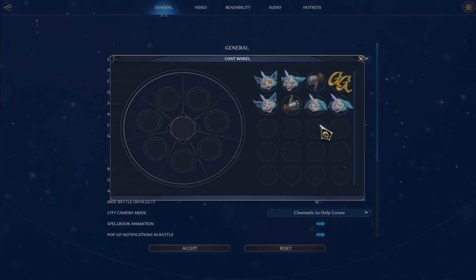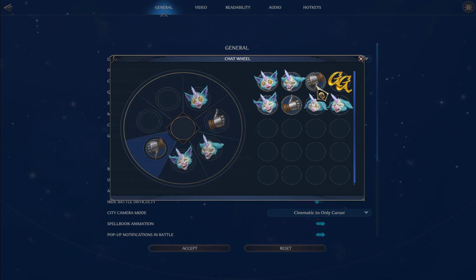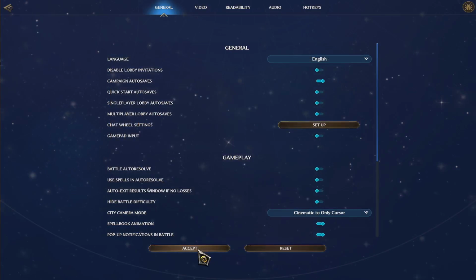Click on the Setup button, and now you will see the various different chat items that you can equip onto your wheel. Just click on any blank space, and then you can equip from the list of available ones at the right. You can have it filled by adding all of these. And as you continue to play the game more, there will be further emojis or chat wheel icons that you can add. Once you are done, you can simply close this and then go back into your game by clicking